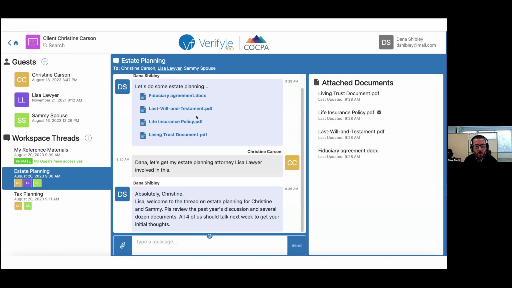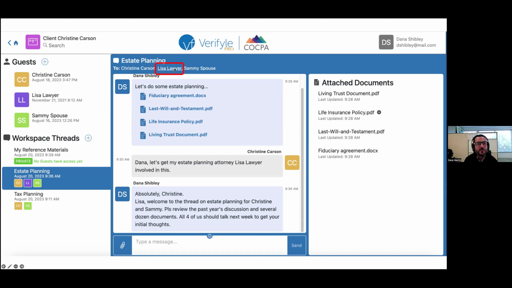Okay. Another way to see if someone has viewed what you've shared is simply to click their name at the top of the thread. So you can see I'm in the estate planning thread here. You can see that it's blue here. It's connected to the estate planning thread over here. I clicked that to open the thread. And along the top here, you see everybody who has permission to view the estate planning thread. So that's Christine Carson, Lisa Lawyer, Sammy Spouse.